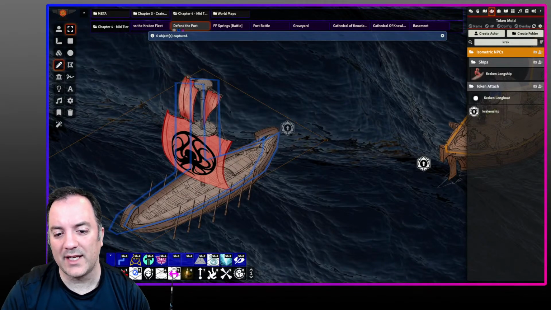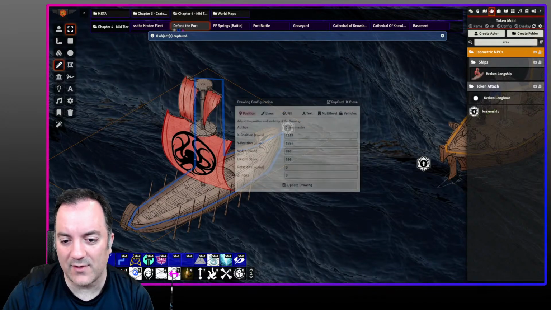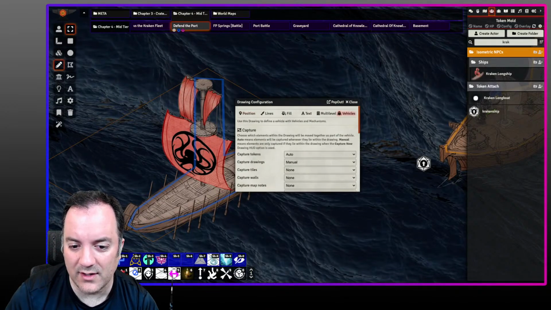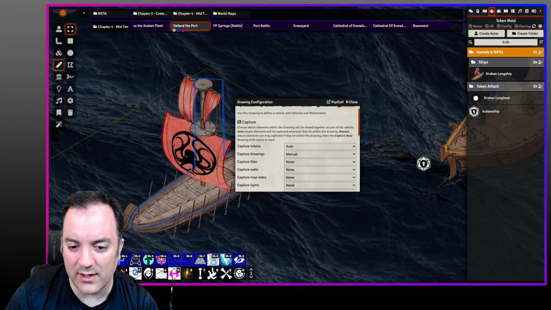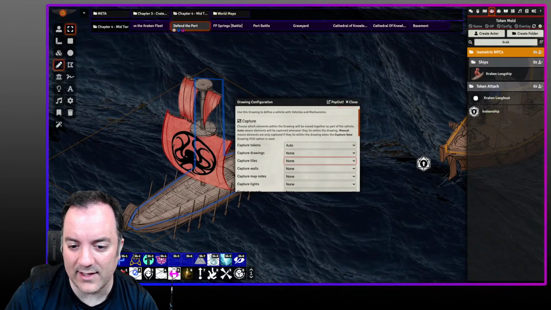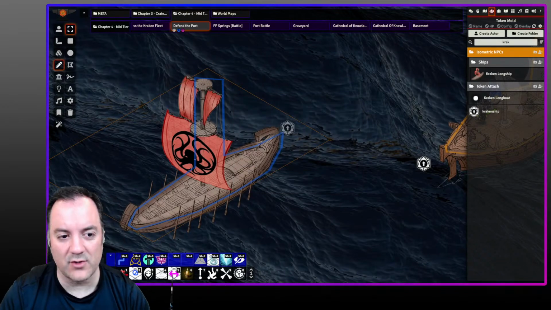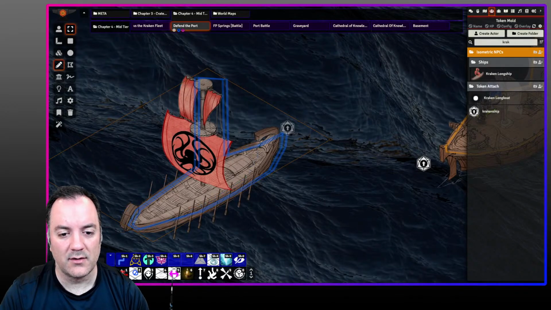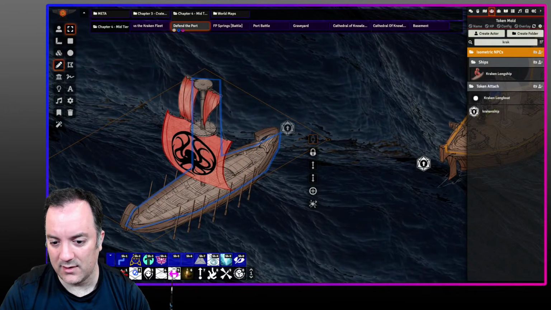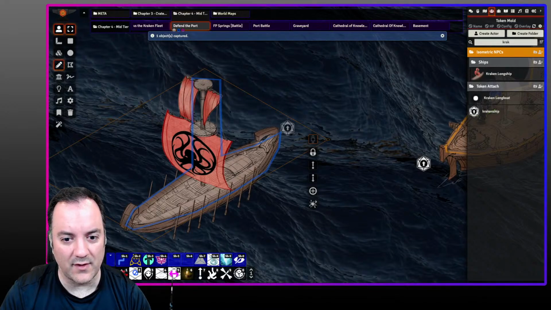Zero option. Oh, man. Did I get this right? Vehicles. Tokens automatically. Drawing. Oh, not drawings. None. Tiles manually. Update drawing. Just position this. And there it's captured that. So now